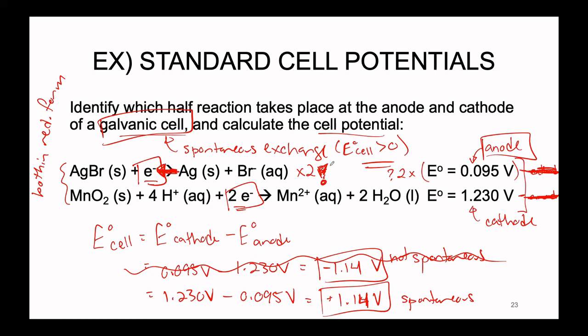However, we are not working with absolute energies here. We are working with potential energies. And for that reason, we don't actually have to multiply this potential energy by 2 at all. We are not looking at the contents of the electrons as a part of this energetic calculation. We are simply looking at the difference between 2 potential states. And for that reason, the calculation for the energy of the cell based on cathode versus anode is much simpler because the magnitude of the electrons in the transfer does not contribute to the potential